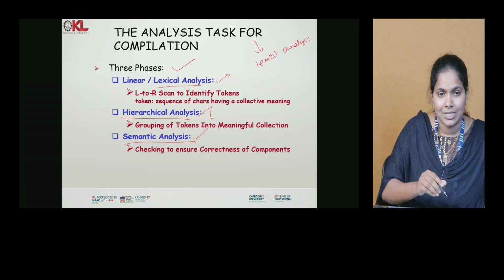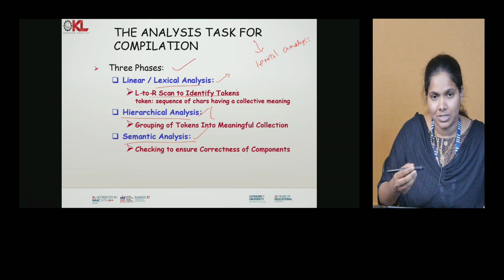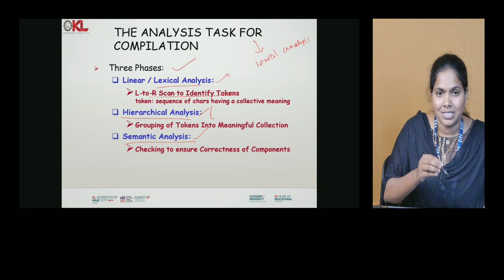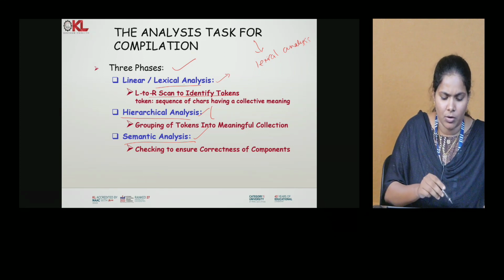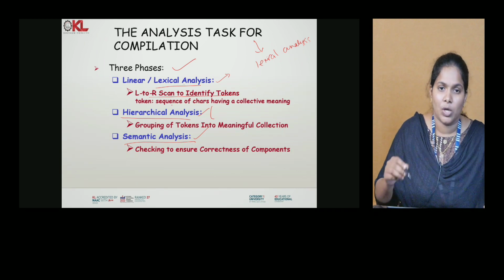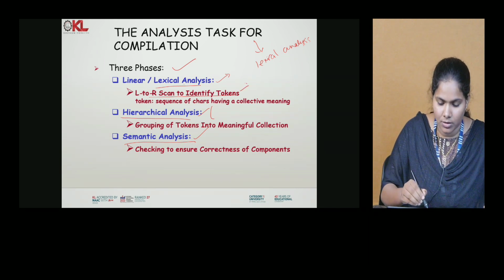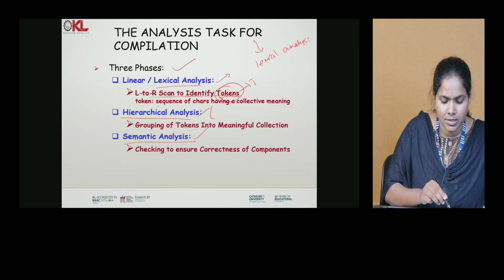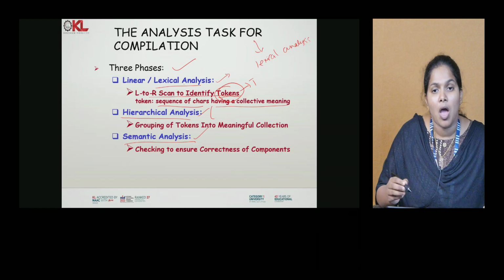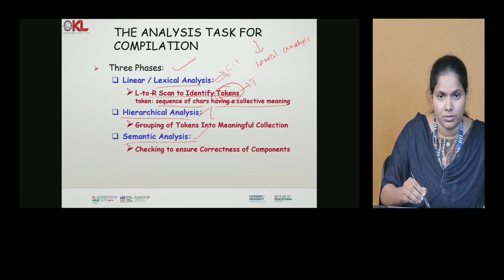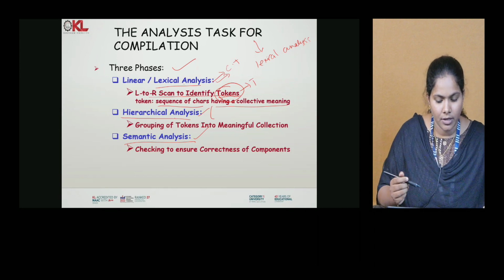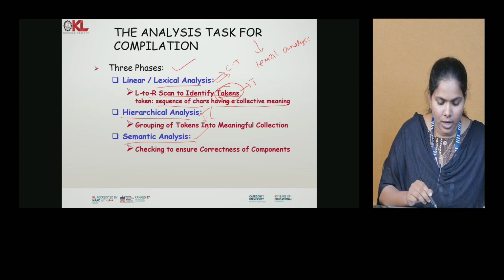What it will do is scan the entire program, each statement in the source program, and convert those statements into a sequence of tokens. A token is nothing but a sequence of characters having a collective meaning, right? So the output of the lexical analysis is a collection of tokens, right? And in the hierarchical analysis, whatever tokens we get here, we will